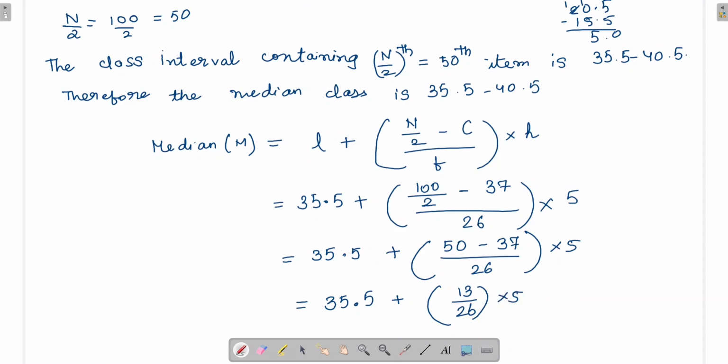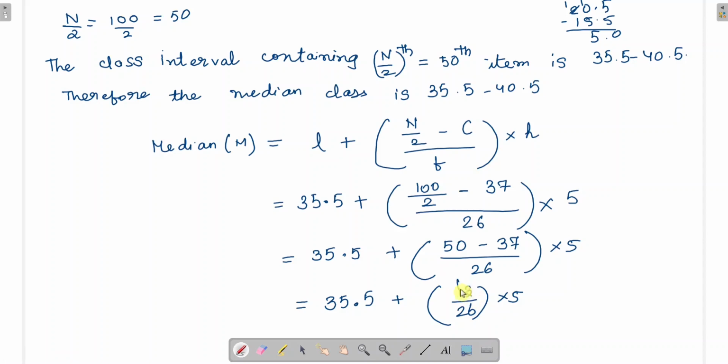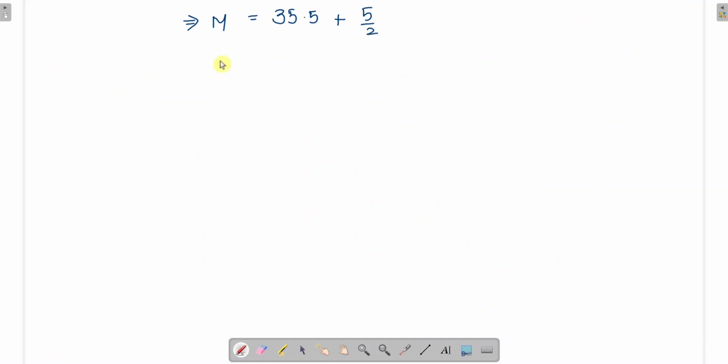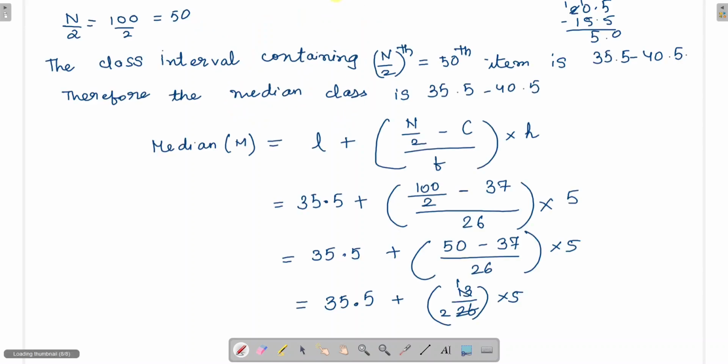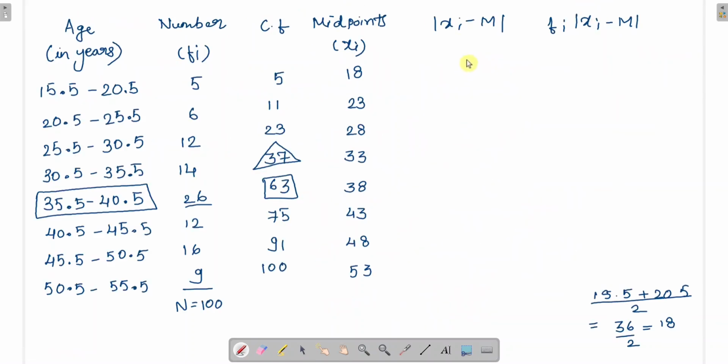so M is equal to 35.5 plus 13 ones are 13, 13 twos are 26, so 5 by 2, so this implies capital M is 35.5 plus 2.5, so capital M is equal to 38. Okay, now we can find the two columns which are here, so capital M is 38,